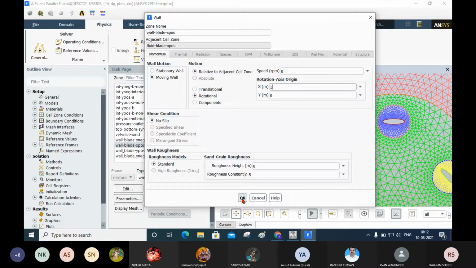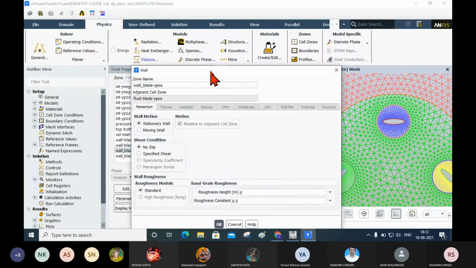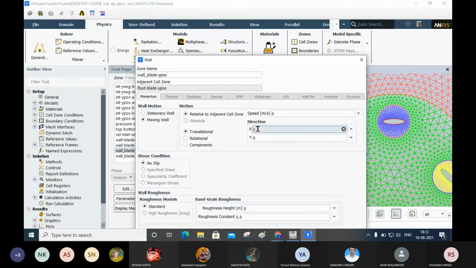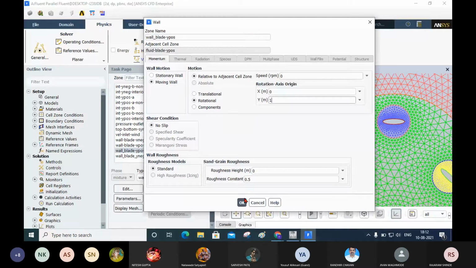Next one, wall blade Y positive. For that, edit. This is also a moving wall. Here it is rotational and the origin is 0, 1. Here it has Y coordinate 1 and X coordinate 0. Sorry, 1, 0.